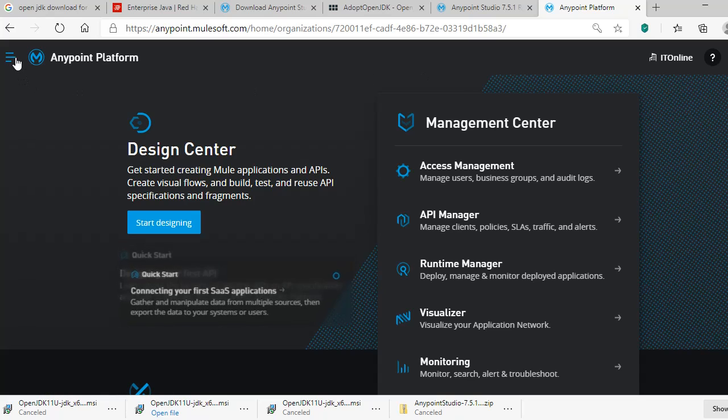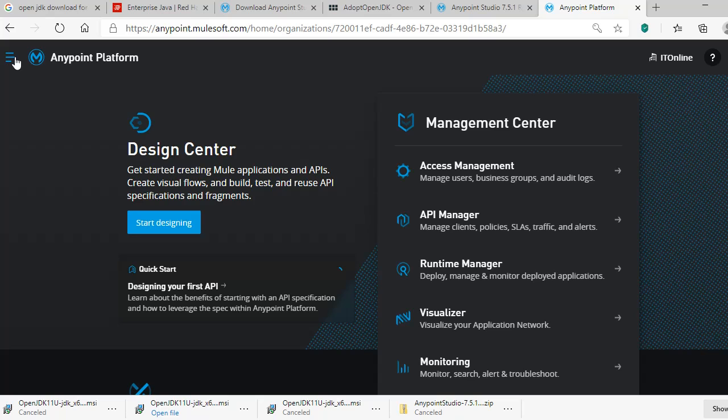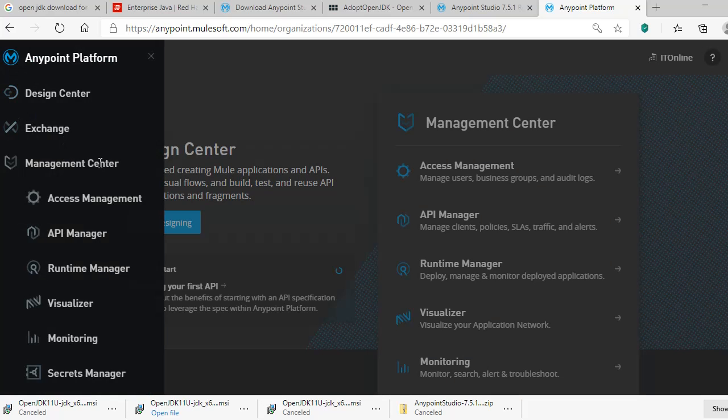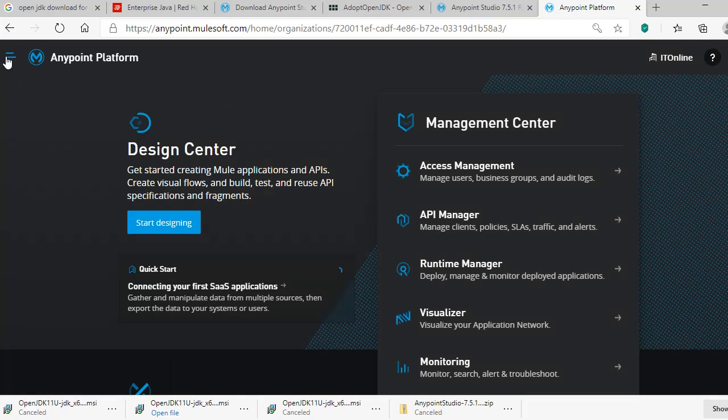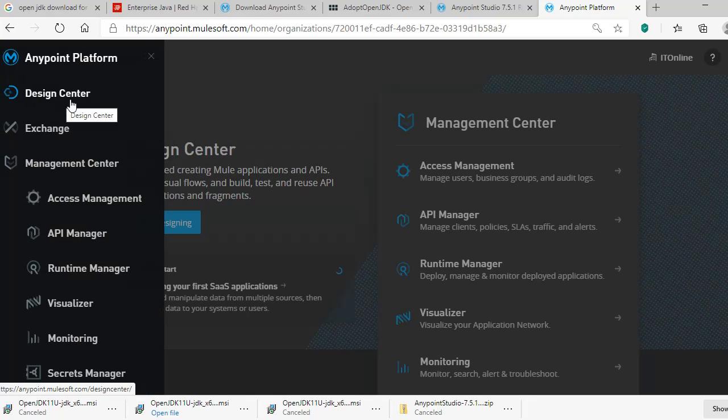So Anypoint platform has a couple of sections and components. We will discuss everything in our upcoming videos in detail, but for now just keep in mind that this is the design center where we are going to design our REST services like RAMLs. In one of our sessions we have already created one RAML, right? So design center is used to create RAMLs.